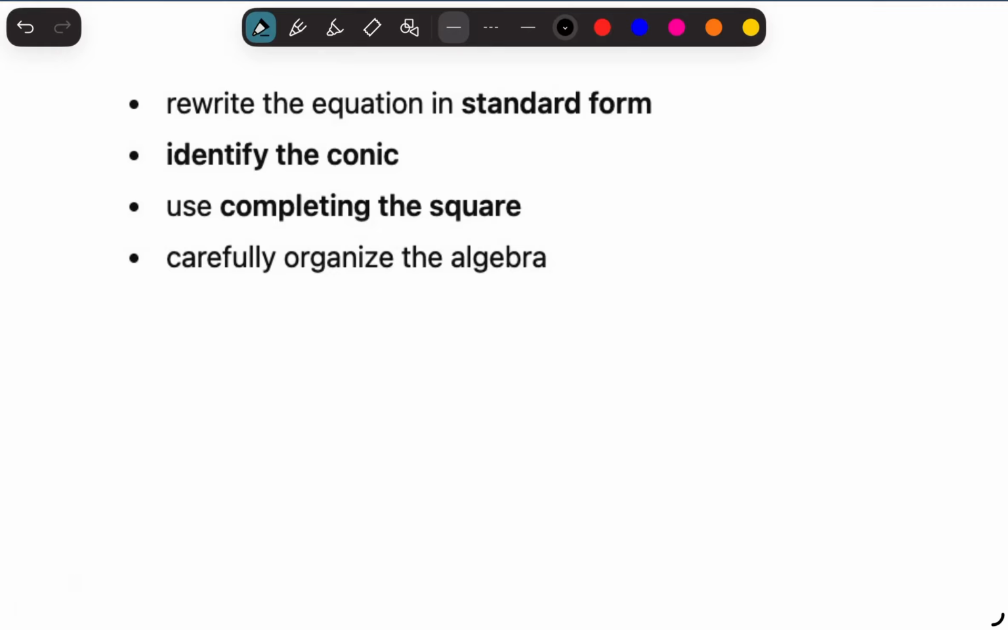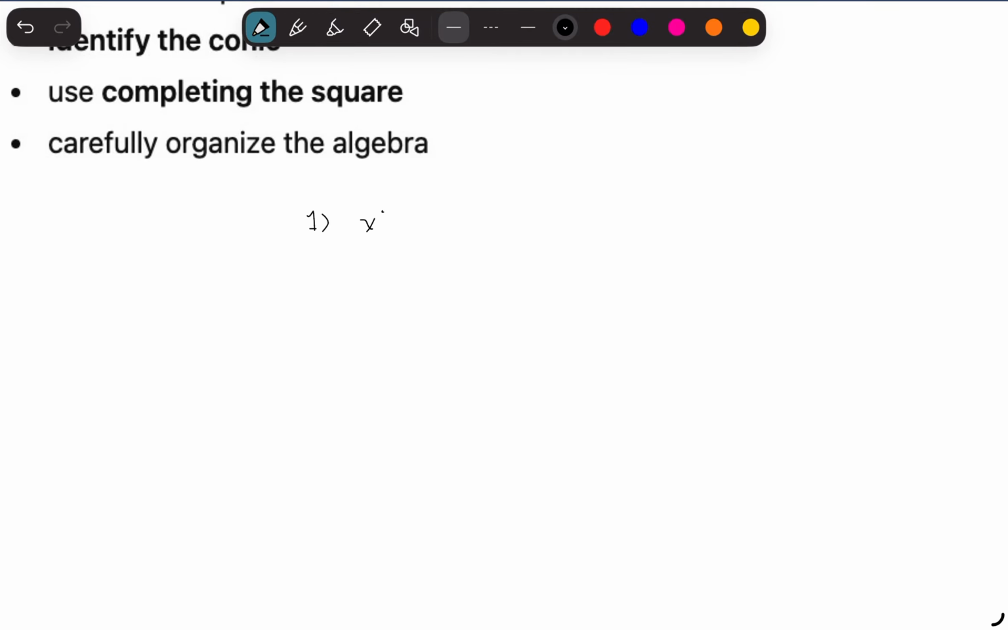In this video, we're going to be completing the square of conic section equations in order to determine which conic section it is more obviously. So let's start off with our first question. We are going to have